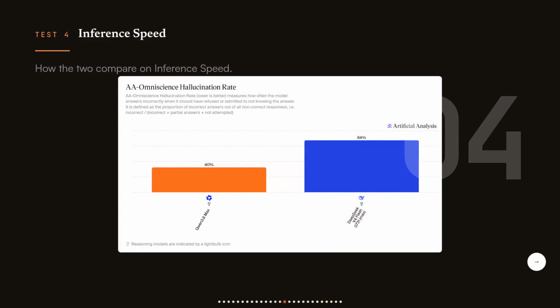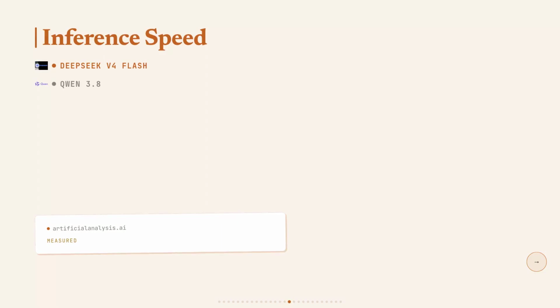Speed decides whether an agentic loop feels snappy or sluggish while it's chaining calls together. GLM 5.2 posts the fastest measured output speed of the three, 129.8 tokens per second, about 26% faster than DeepSeek V4 Flash's, roughly 103 tokens per second. DeepSeek claws back some ground on time to first token, answering in around 1.1 seconds on average, a strong number